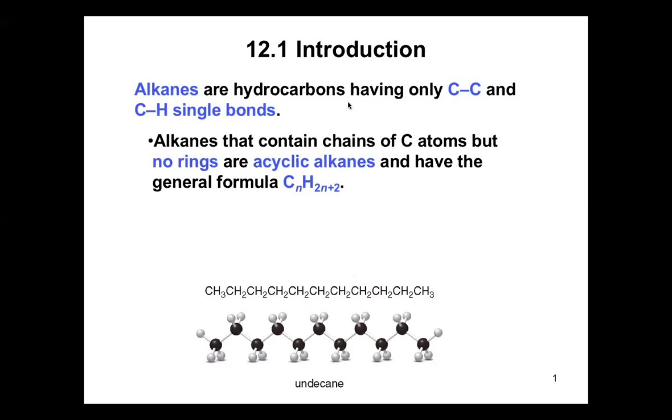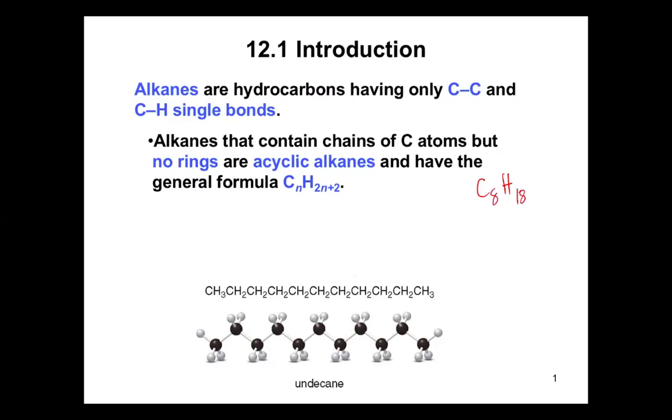So example, kung halimbawa, tanungin kayo, how many hydrogen atoms ang meron sa 8 carbon alkane? Hindi nyo na kailangan mag-draw ng complete structure para malaman nyo yung ilang hydrogen atoms yung nasa alkane. You just have to follow this general formula. So if example, ang given is 8 carbon atoms, ang tanong ay how many hydrogen atoms dun sa alkane? So you have C8 and then ilan yung hydrogen? 2n+2. So 2 times 8 is 16 plus 2, you have 18 hydrogen atoms. So you just have to follow the general formula.